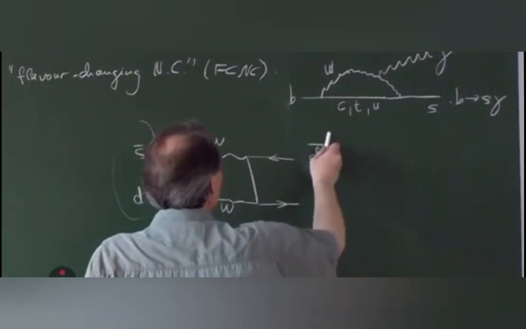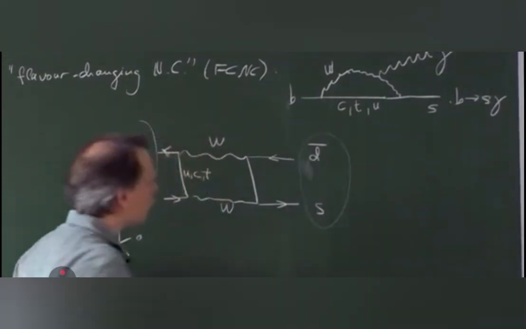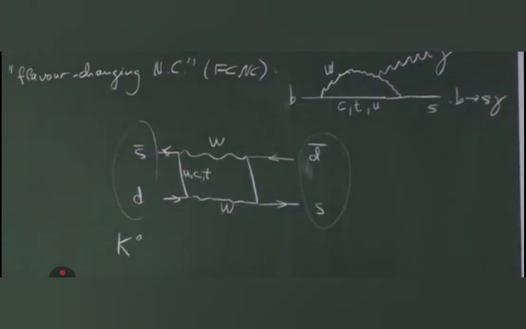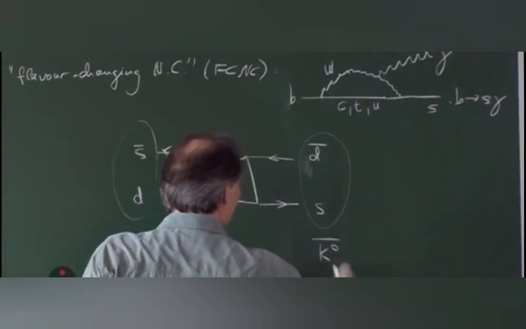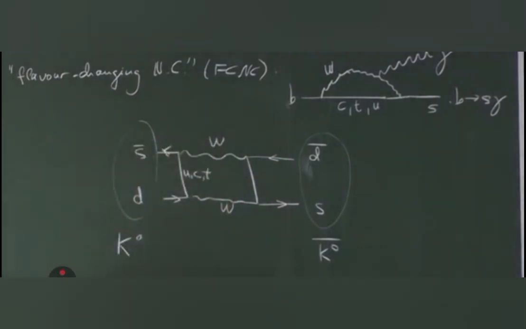And then these two together, they would again form a hadronic bound state, a meson, which is almost the same as the initial state. However, it's the antiparticle corresponding to the initial state, which would be an anti-kaon K0 bar. So this Feynman diagram would correspond to a process where a kaon is transformed into its own antiparticle, which is a so-called oscillation, K0 to K0 bar oscillation,